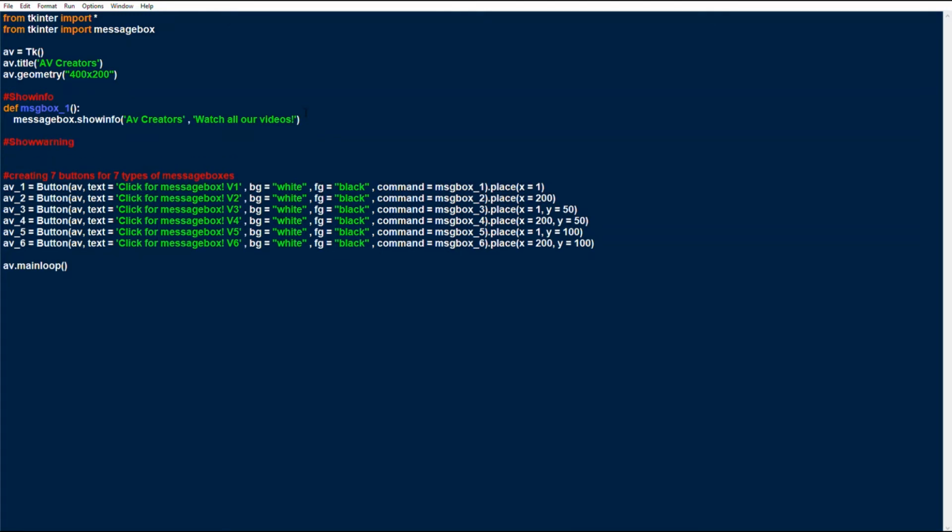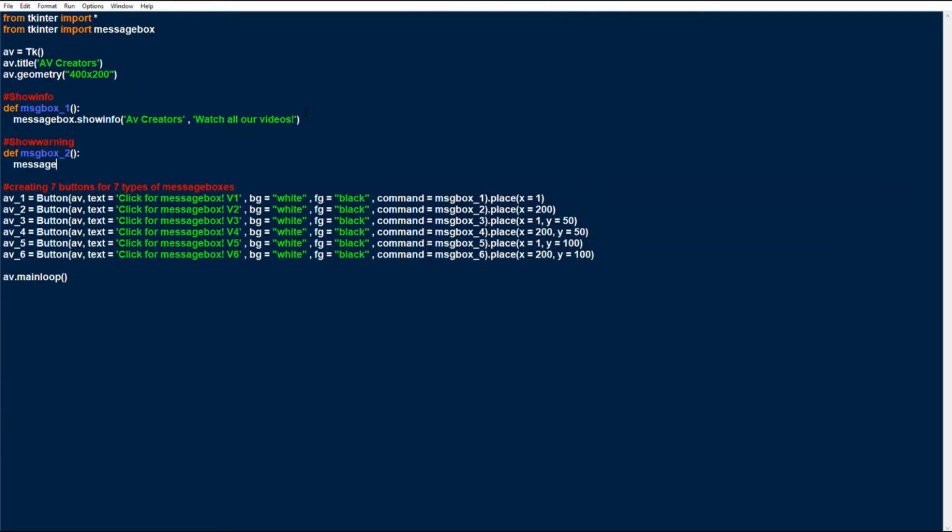Next we have show warning. I'll define the function. Here it is message box, as I wrote in the comment, dot show warning. I will write a warning text, using double quotes because I want to use an apostrophe in between.